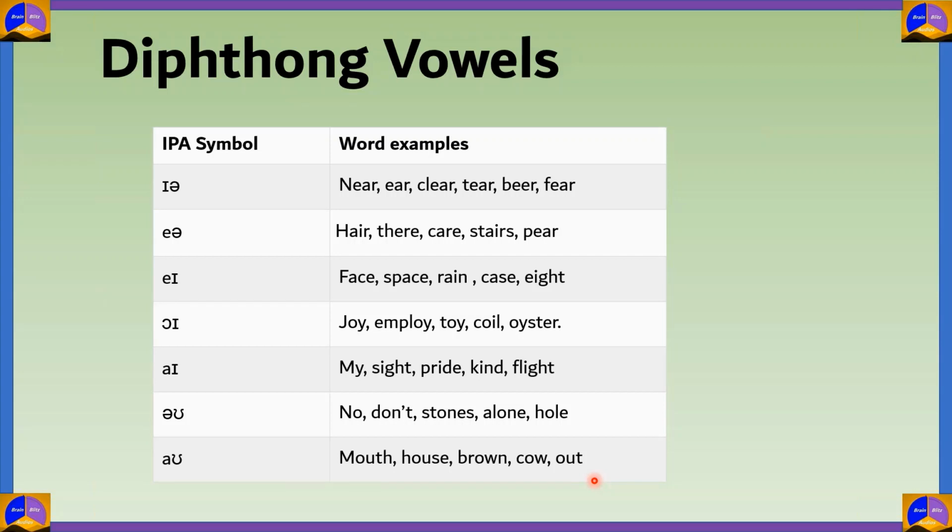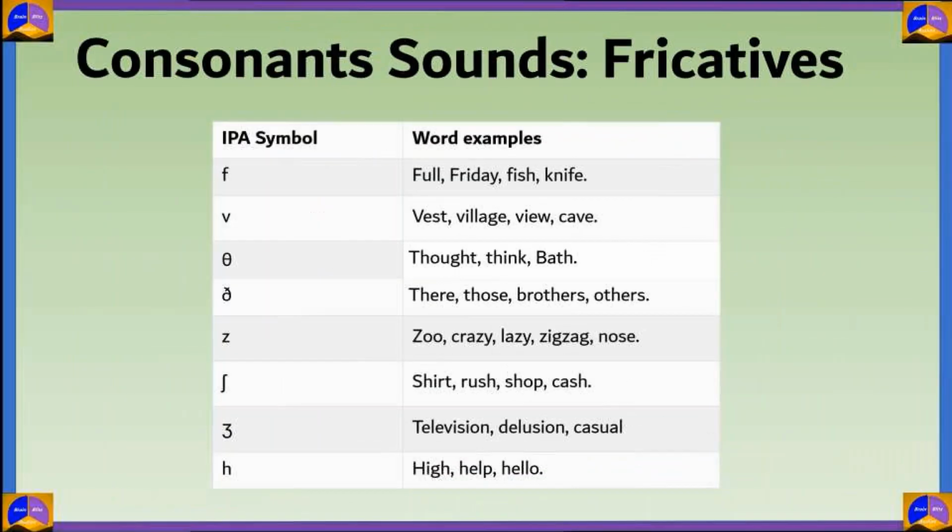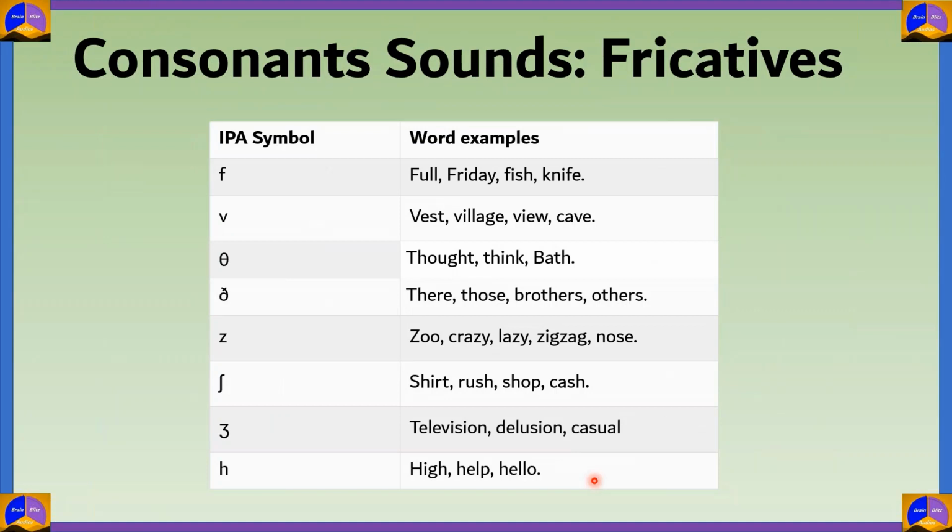Now we move on to the consonants. There are various types of consonant sounds, and the first ones include fricatives. So these are known as fricatives. Fricatives are caused when you bring two parts of the mouth together such that the air flowing from your mouth is turbulent, then the sound that is produced, which is a consonant sound, is known as a fricative. The first fricative given is